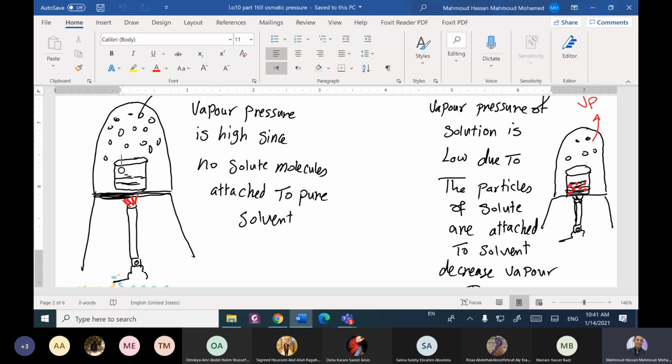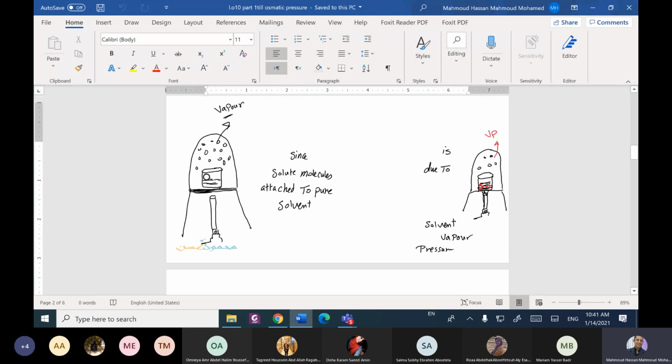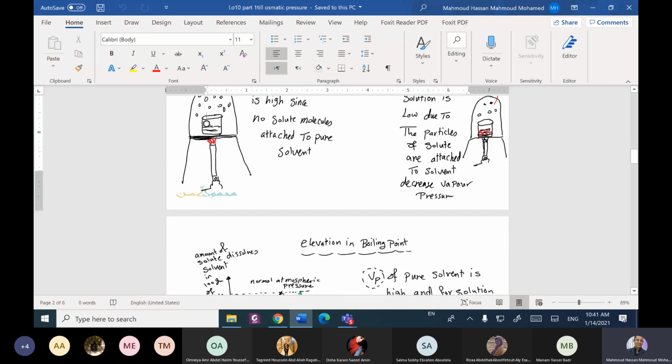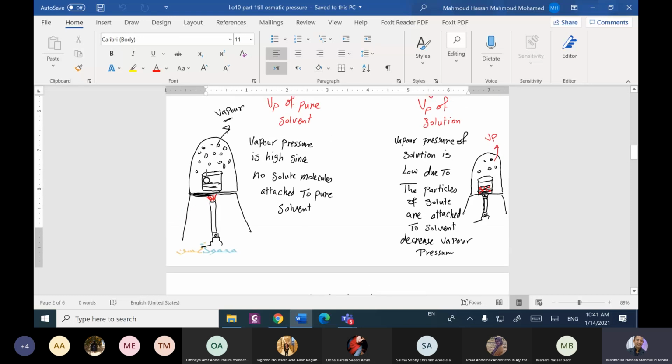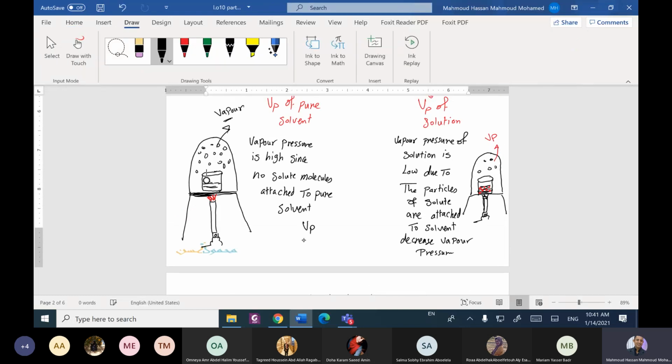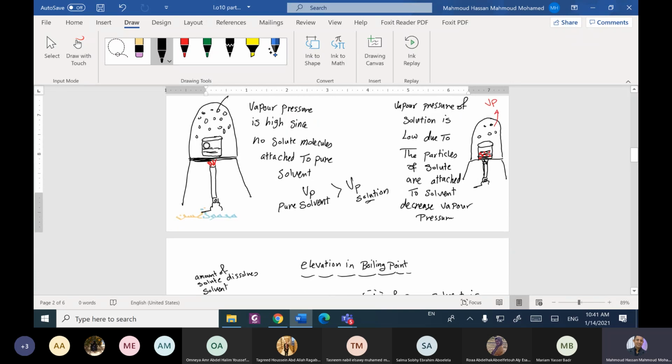So from these two experiments, we reach the general conclusion: the vapor pressure of the pure solvent is greater than the vapor pressure of the solution. The amount of vapor formed from the pure solvent is greater than the amount of vapor formed from the solution. This property will affect the other colligative properties, like the